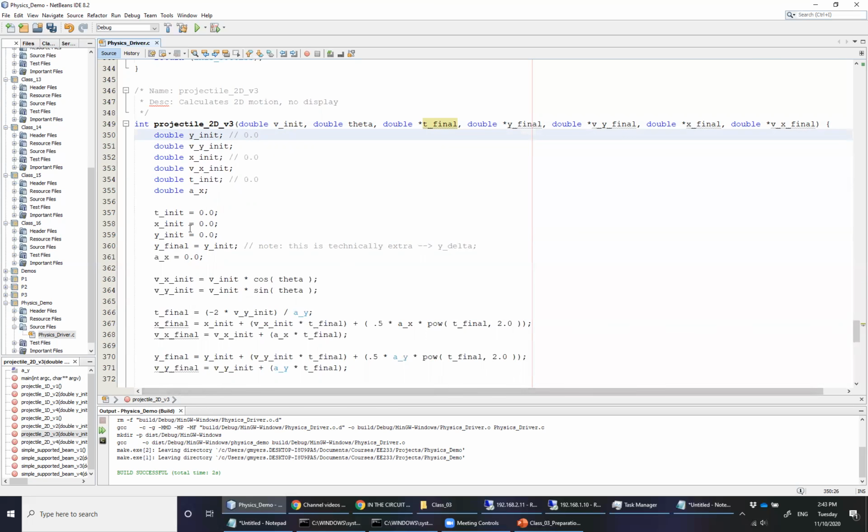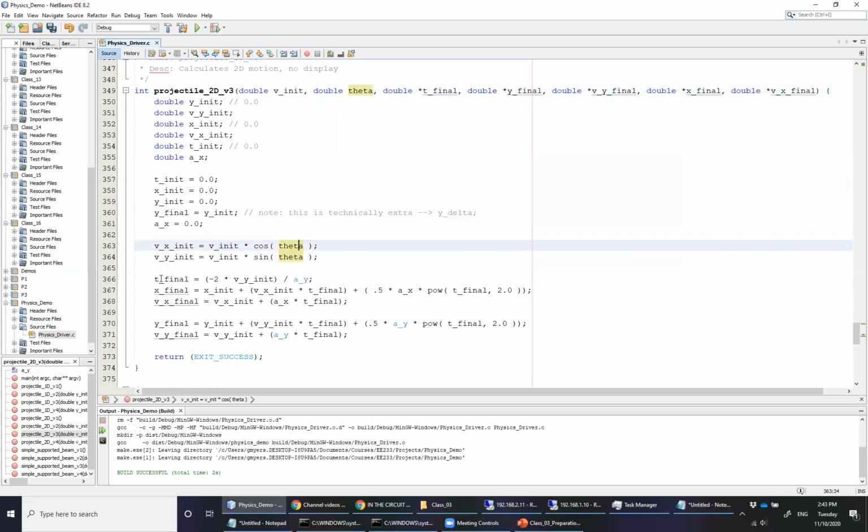We also want to be careful not to initialize any of these. In other words, be careful. We don't want to initialize particularly any of our by-value variables, because essentially those were meant to be passed as input arguments that we would use, namely the v-init and the theta. Now, the only other minor modification that we need to make is we need to use